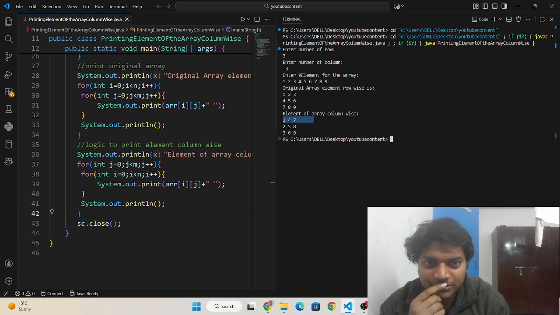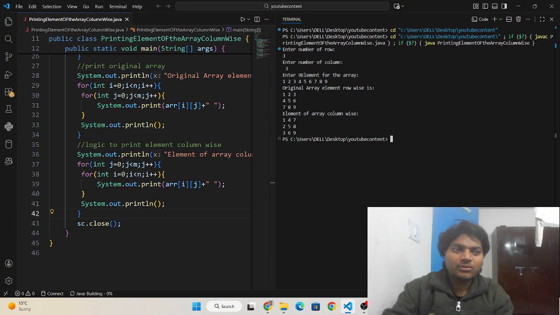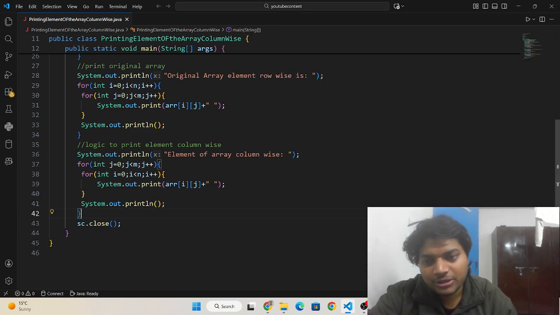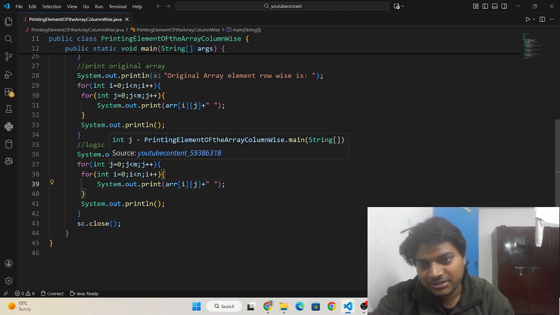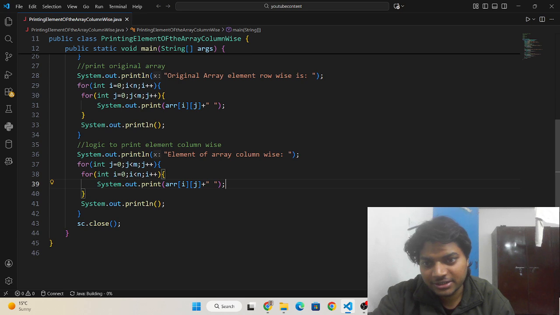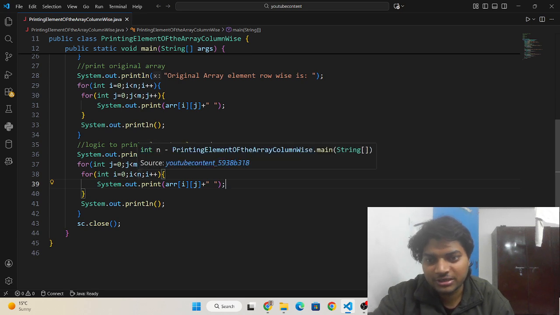Now you can see 147 is in the first row, 258 is in the second row, and 369 is in the third row. We need to print the same thing. We just need to replace this i and j and m cross n, m and n.